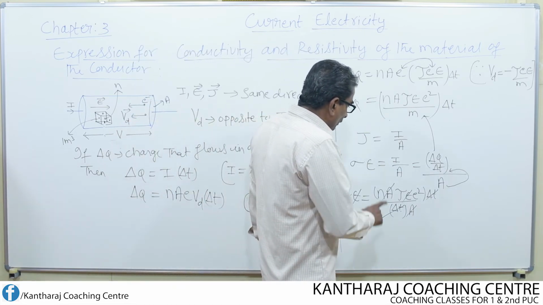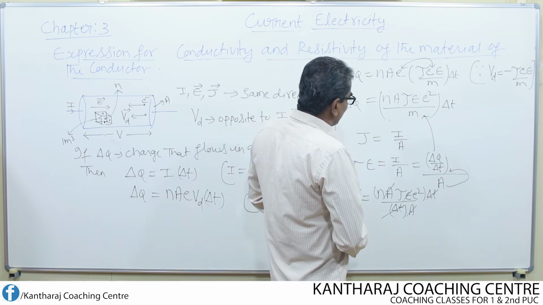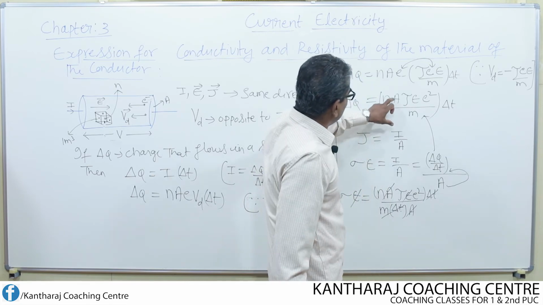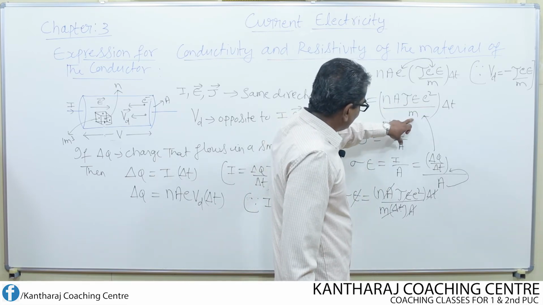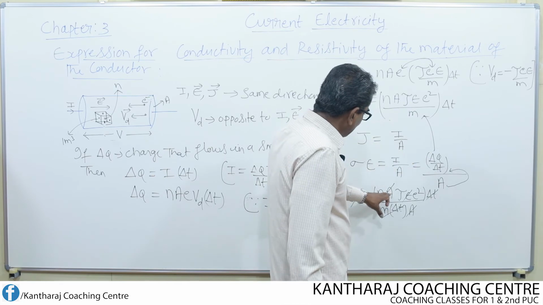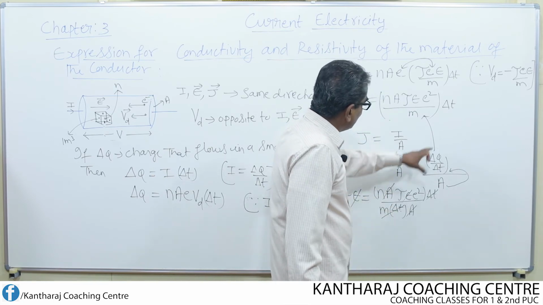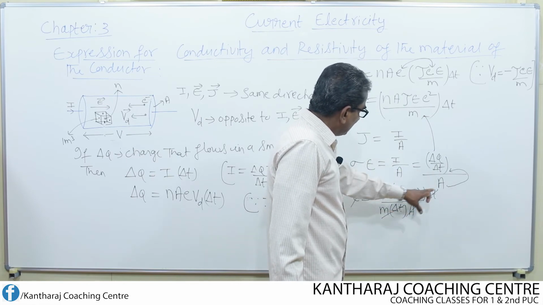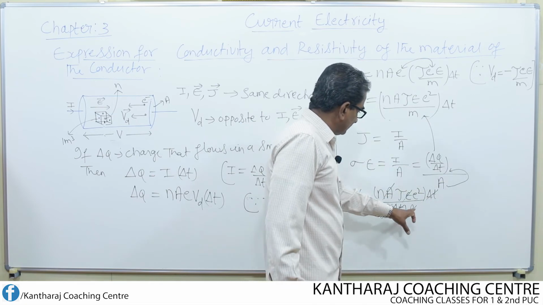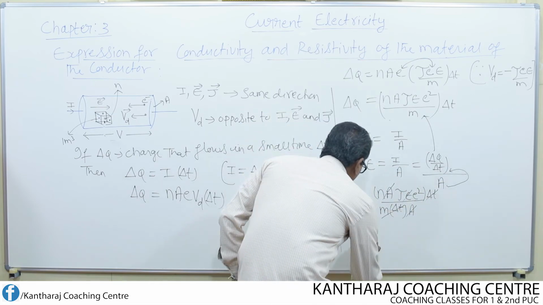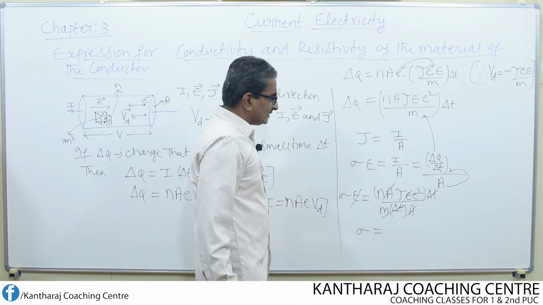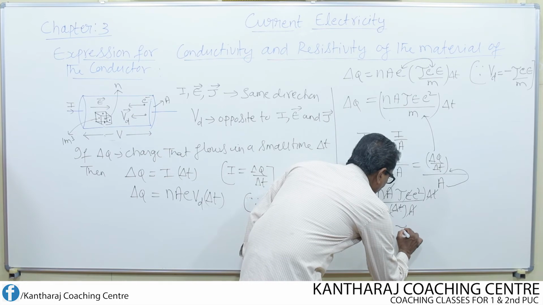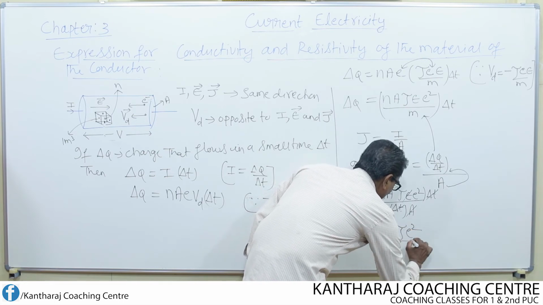But here, one more term should be written here. So, don't forget what is the term? m is there. Look here, NA tau E square by m. So for delta Q, NA tau E square by m into delta T as it is there, one delta T is retained, and this A shifts to this denominator, so it is retained as it is. So finally what is left means sigma is equal to n into tau into E square divided by m.